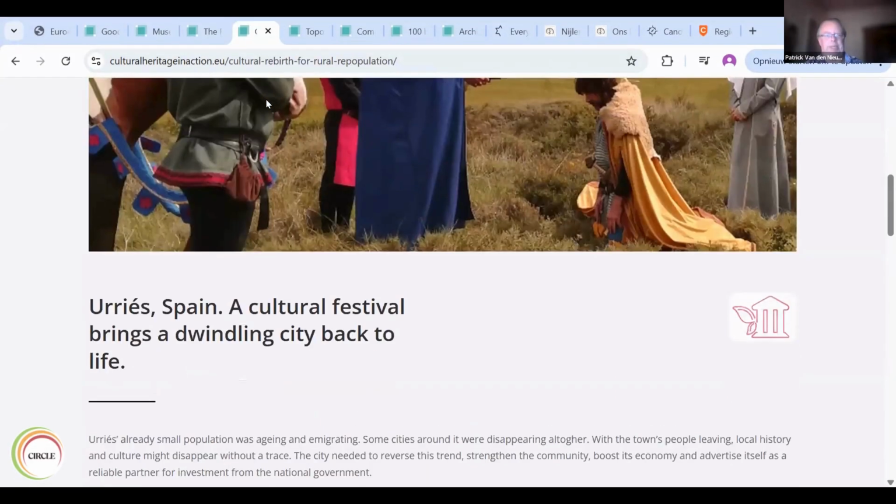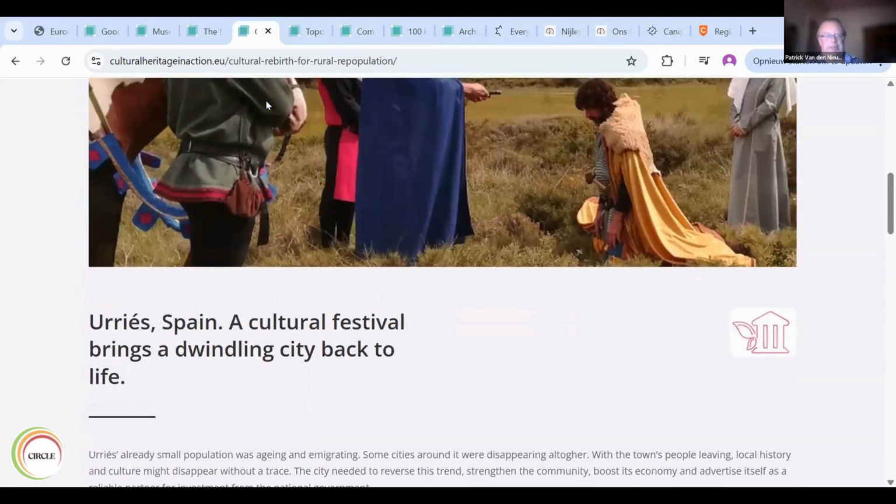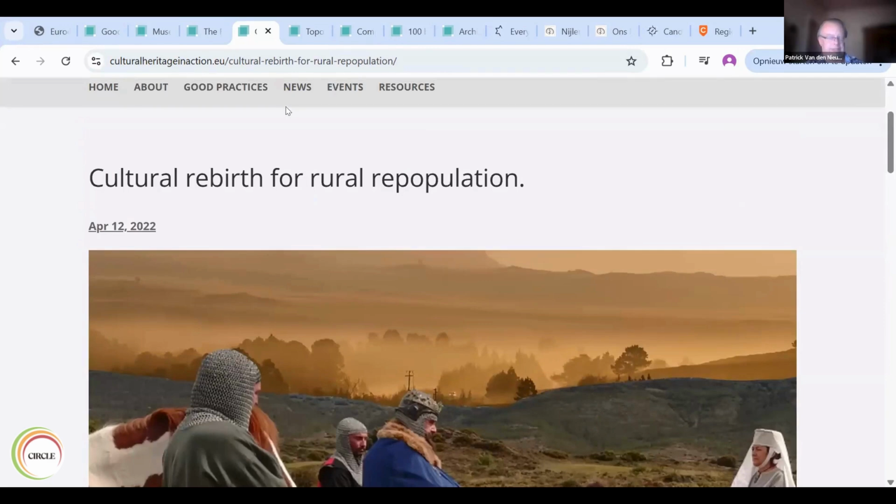One example from Spain: cultural rebirth for rural repopulation. I think certainly also in the Romanian context, the phenomenon of migration, certainly in the rural area. Also, Spain is confronted with this in some places. And